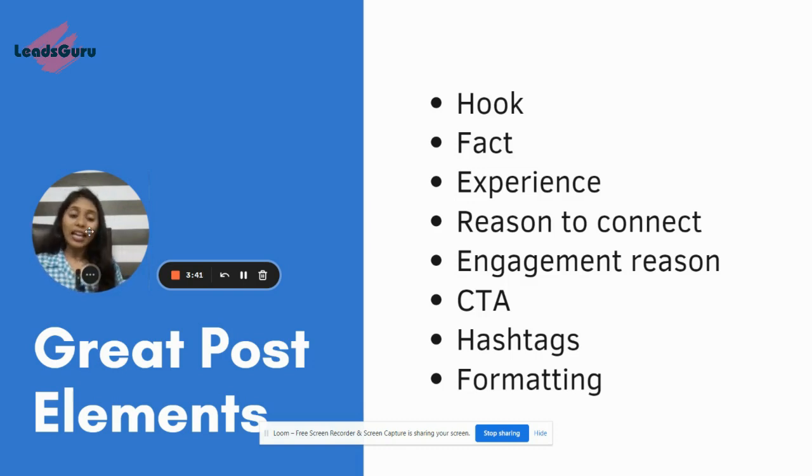Okay, and create one brand hashtag for yourself, so then it will increase more reach on your post. Again, going to the formatting part, as I told you earlier, your post should look neat and clean. Keep the spaces, keep the emojis, so then it looks really good, and good formatting can give life to your post.